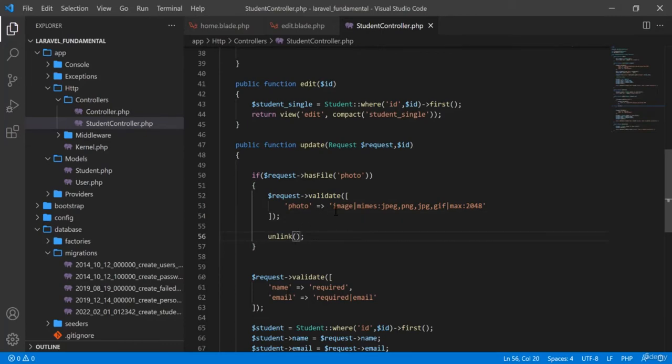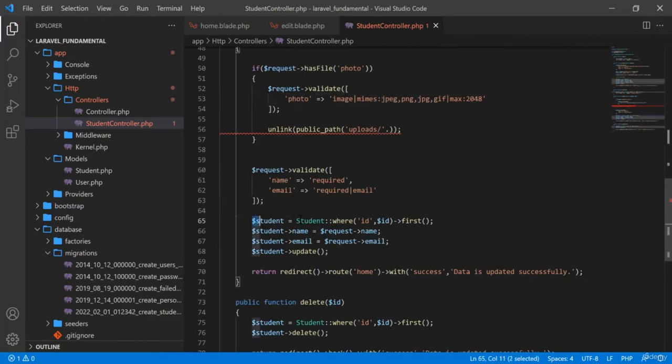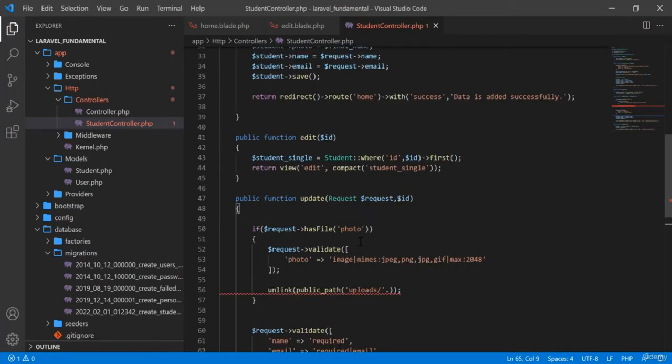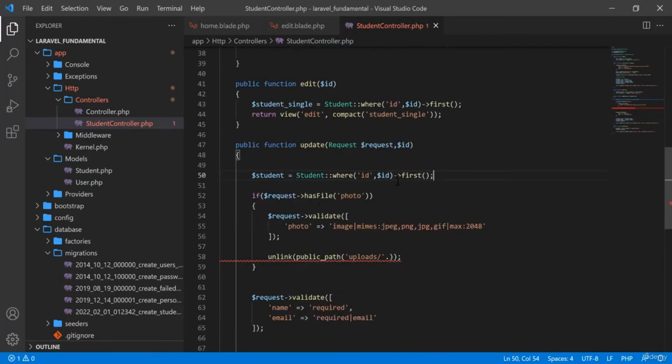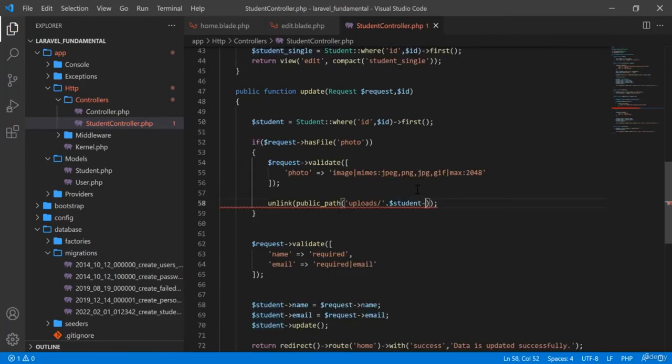That means I will have to call the PHP unlink function as usual, and then give public path, and in the public path I will tell that in the uploads folder the photo will be removed. Okay, then concat. Now as in the update I have the ID, we see student equal to, here is the ID. I am going to cut this and call this at the top. Now I have the existing photo, so using the student photo,